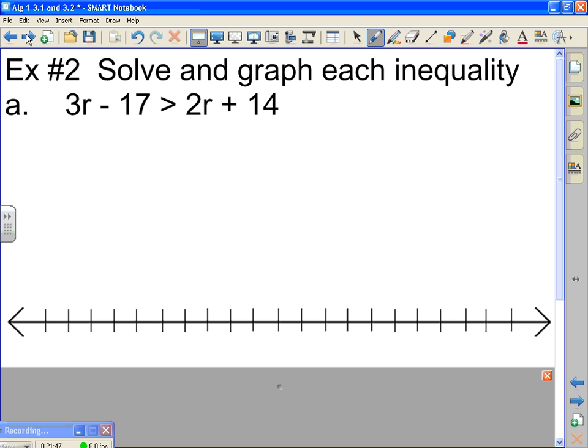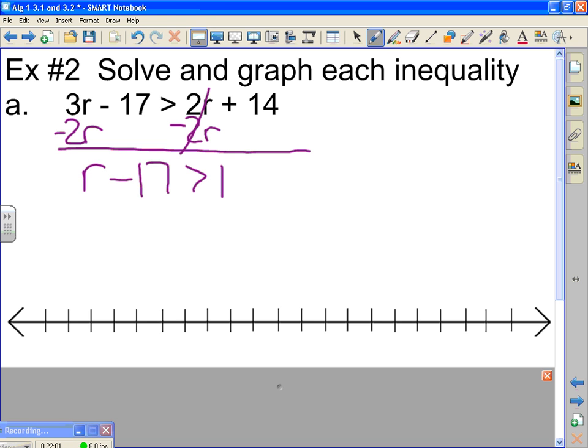Now, which is the smaller variable? That's right, 2r. So subtract 2r. 3 minus 2 makes 1r, or just r. Remember, you do not have to write the 1 in front of r. If you do, write it down and then erase it. See? It's gone now. And then the second step, that's right, plus 17. And then 14 plus 17 makes,